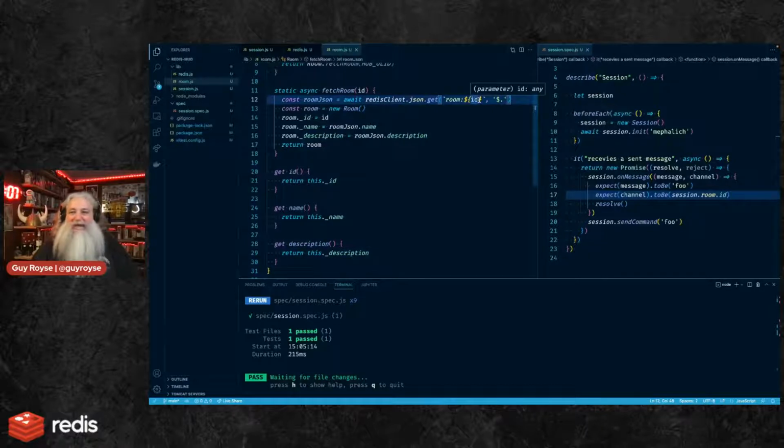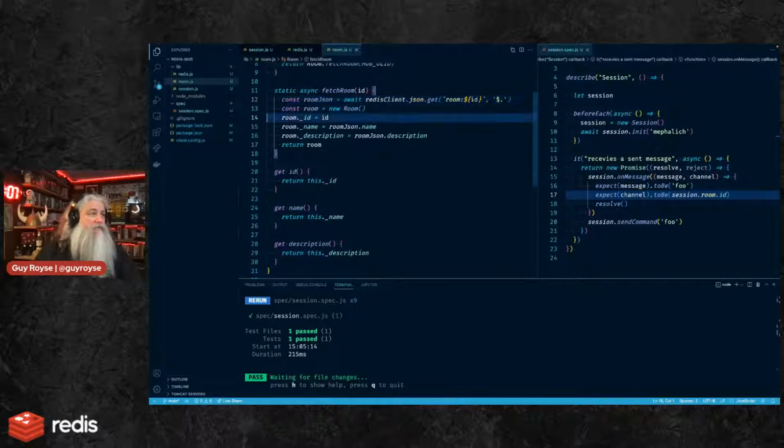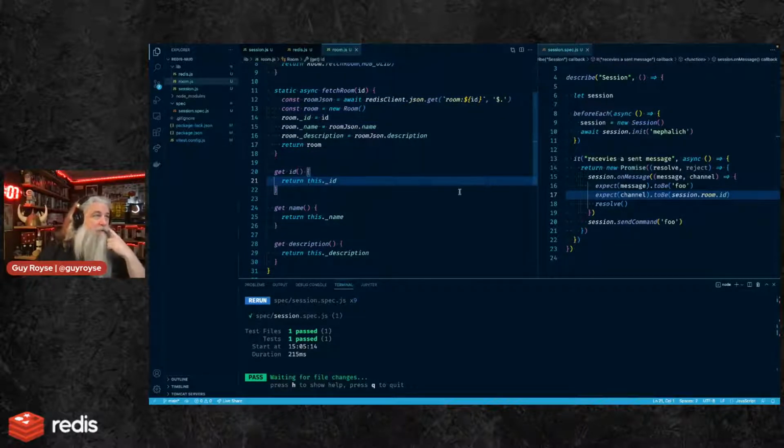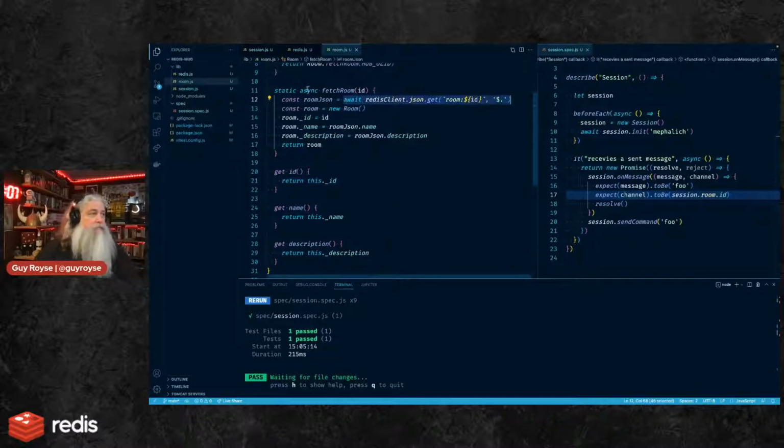So let's go for the chatty implementation, just to explore it, because it's kind of a neat pattern. And Redis is fast enough that you can kind of get away with it sometimes. So instead of creating a new room and setting properties, I'm going to make each of these properties be a call to Redis client.json.get.